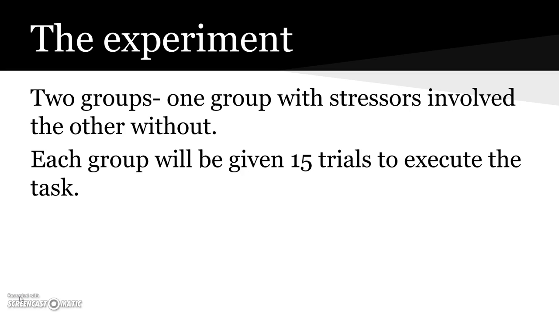There'll be two different guys. Each of them are going to get 15 trials. But the second guy, through trials 9 through 12, will have a stressor thrown into him. And that stressor is that he has to do a burpee and a sprint for each free throw he misses